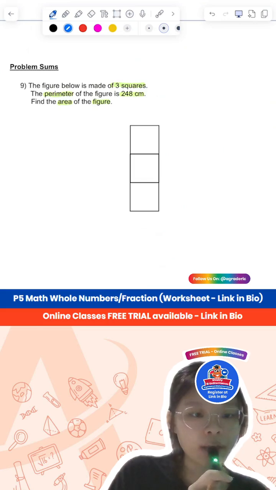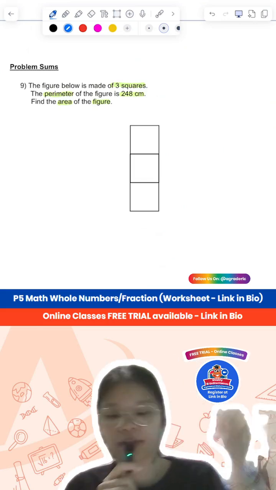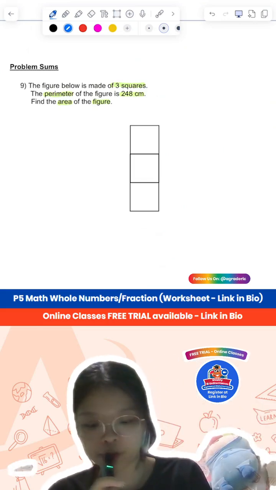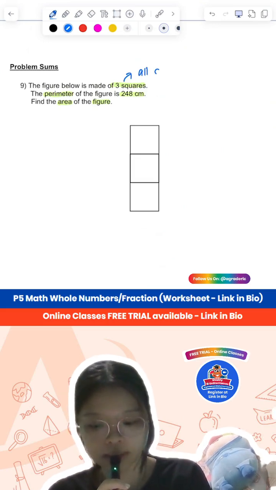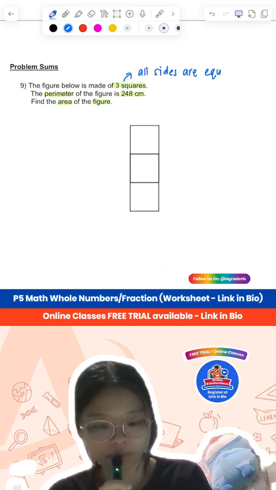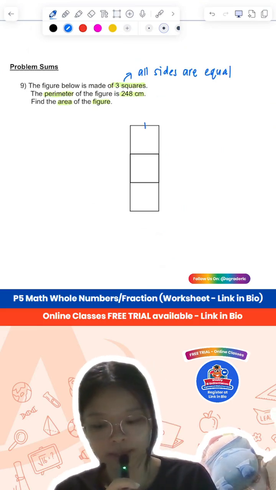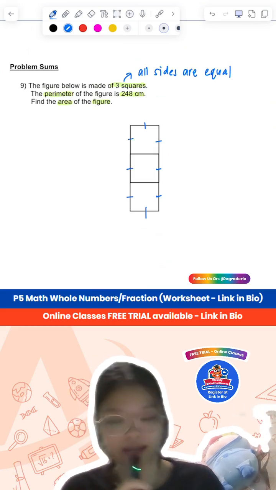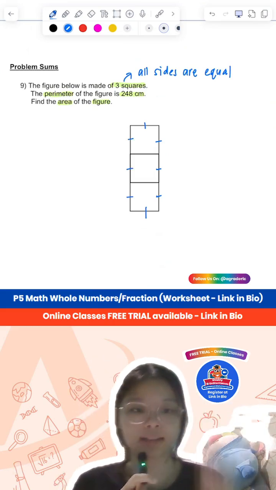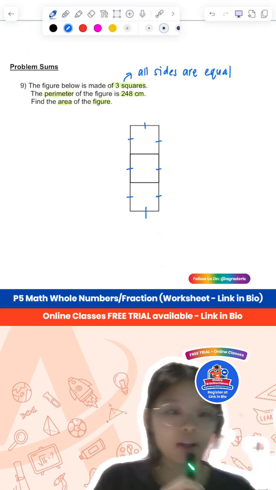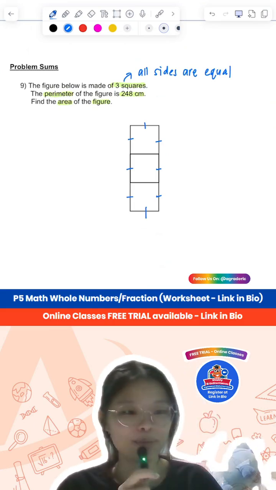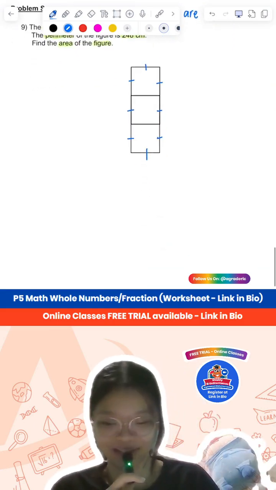Units. Okay, 8 sides. Okay, thank you. Because this is made up of 3 squares, right? So all sides are equal. Since all sides are equal, I know this is 1, 2, 3, 4, 5, 6, 7, 8. There are 8 sides or 8 units. Yes, now I know your name already. Okay, Fiona says from the sides. Yes. Abby what? Abigail. Okay, so there are 8